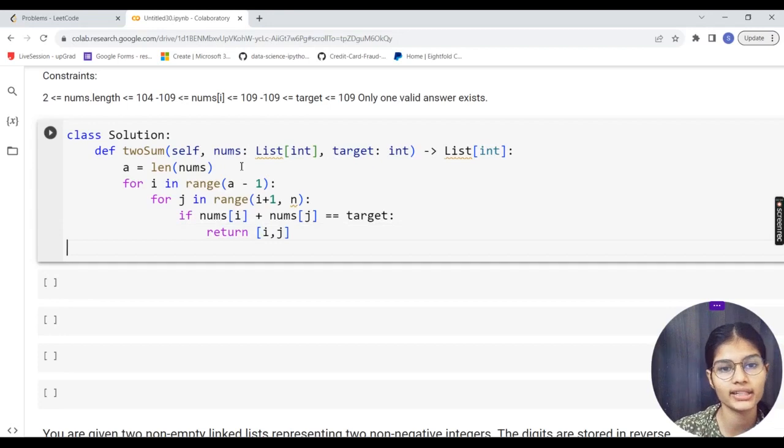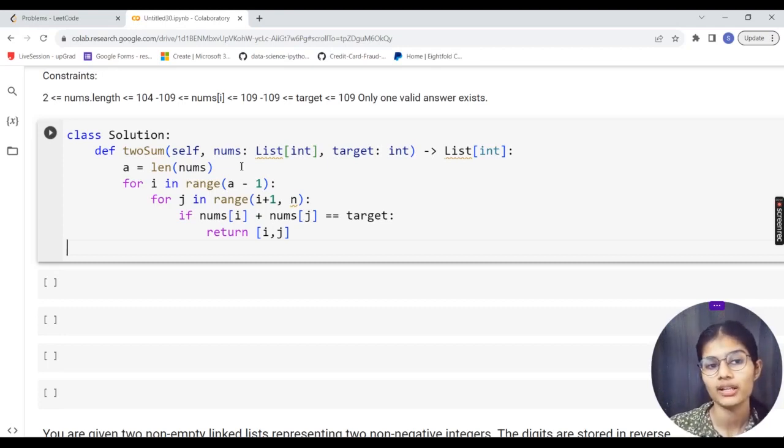So see what is simply done. I have made a class with the name Solution class. It was already defined on LeetCode, so I took that same name. Then I made a function named twoSum. Inside that I passed self, and secondly a list of integers which will be my input. Target will again be my input, and the list of integers will be my output. As simple as that, I passed all of these things.